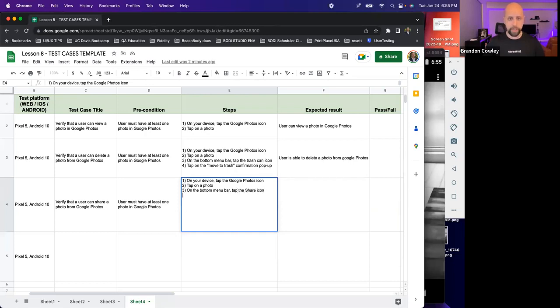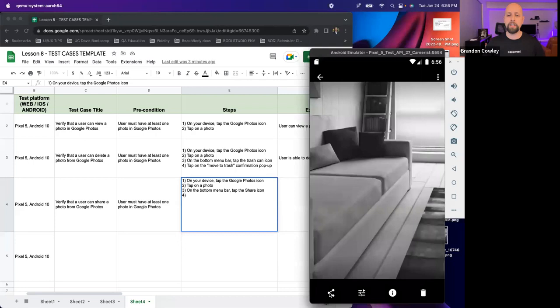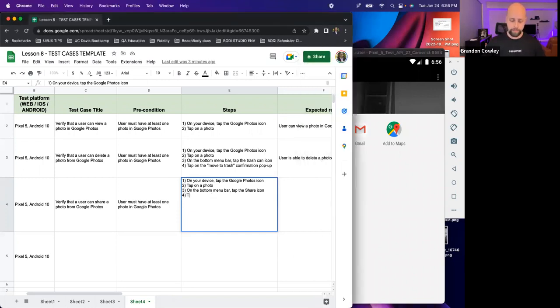And if you ask me to describe a share icon other than calling it a share icon, I don't know what I would say. But let's come over here. We tap. Let's say we want to text this to someone. So let's use the messages route. So in this pop-up, we would tap the messages icon.